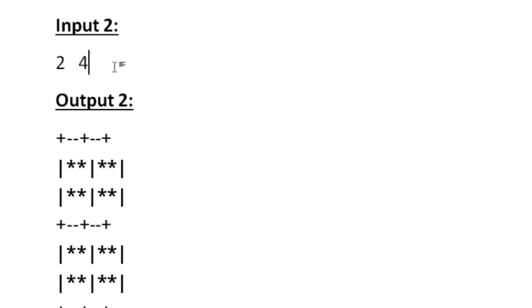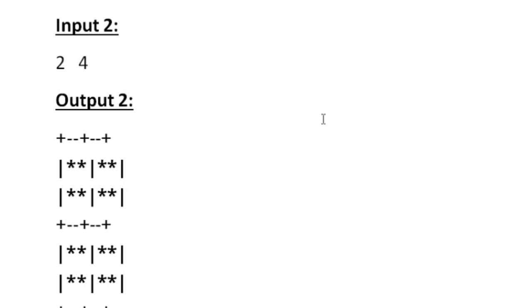First, as given in the question, we have to find the square root of s. The square root of 4 is 2, and we have to print a 2 cross 2 matrix. And in every part of the 2 cross 2 matrix, we have to print an n cross n matrix.